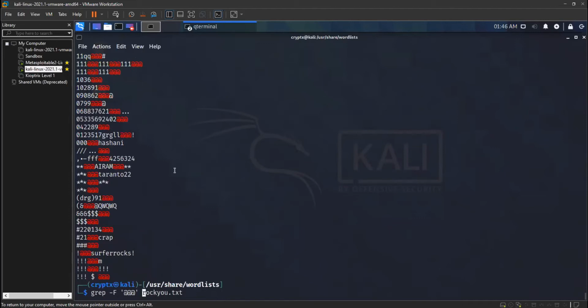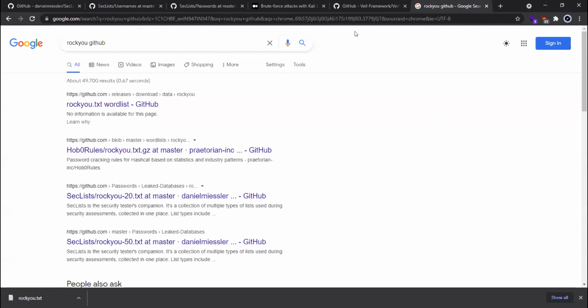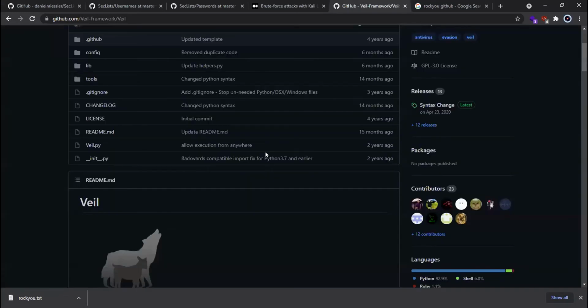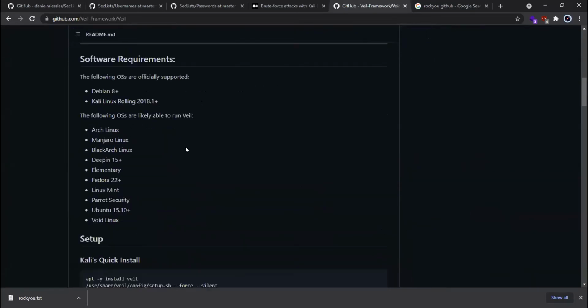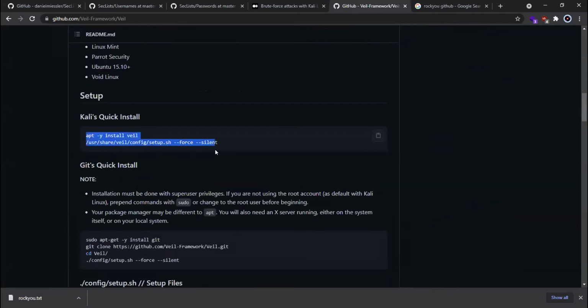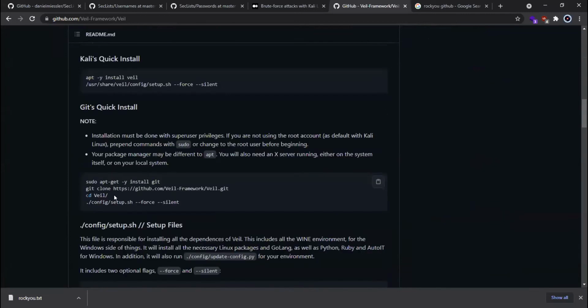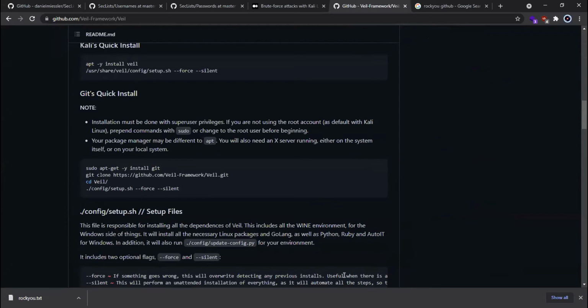This was the pre-built word list. Later on in the class today, I'll show you how you can create your own word list using Crunch also. Now G will take over and tell you about Whale. This was the Whale GitHub page, and I think you had to do the installation using this. Anji will go ahead now.